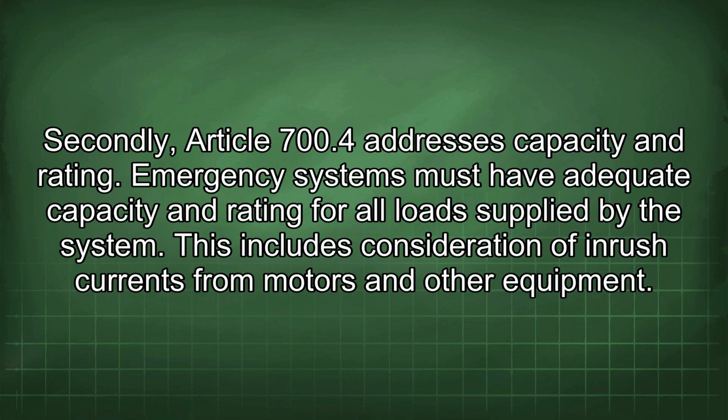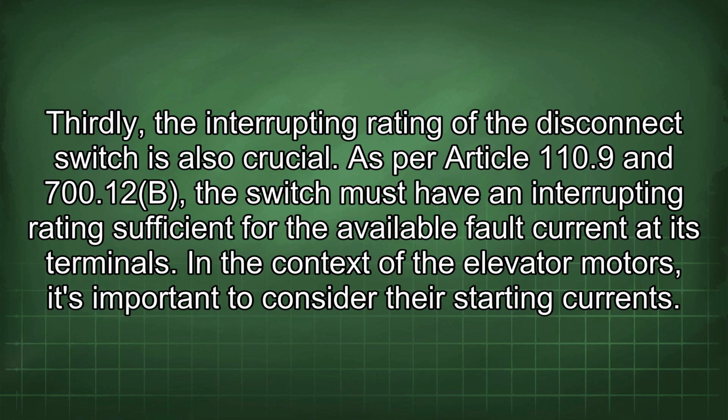Secondly, Article 700.4 addresses capacity and rating. Emergency systems must have adequate capacity and rating for all loads supplied by the system. This includes consideration of inrush currents from motors and other equipment. Thirdly, the interrupting rating of the disconnect switch is also crucial. As per Article 110.9 and 700.12b, the switch must have an interrupting rating sufficient for the available fault current at